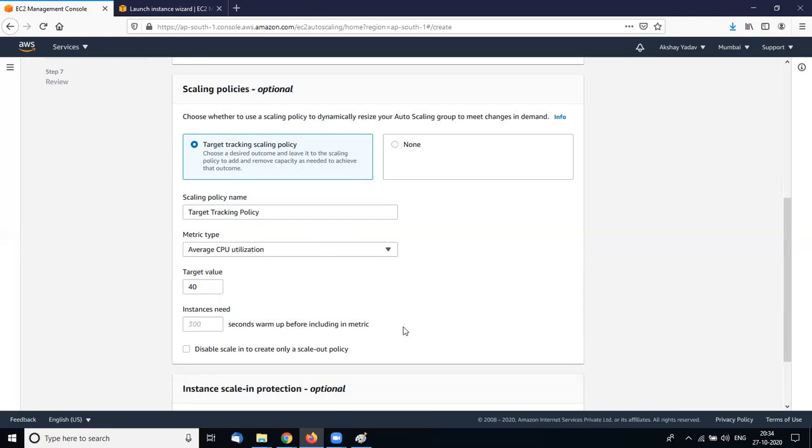We do only the normal auto scaling. So I set it for 40. The maximum CPU utilization per instance is 40. If more than 40, then auto scaling automatically creates an instance.